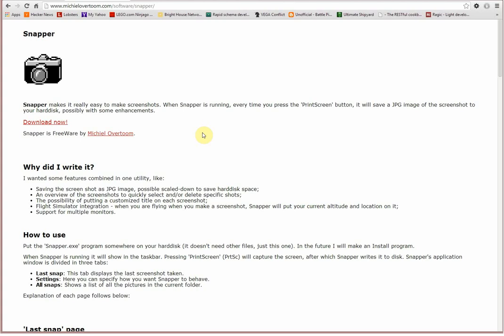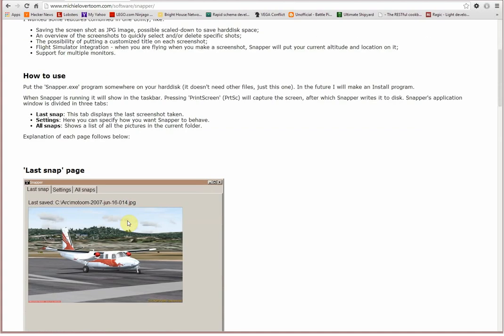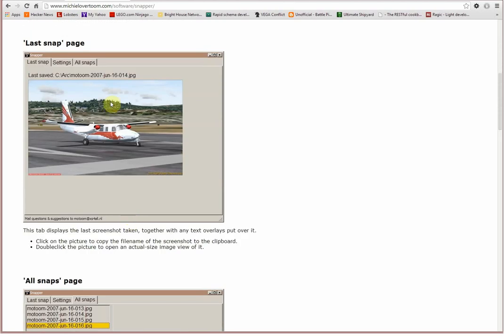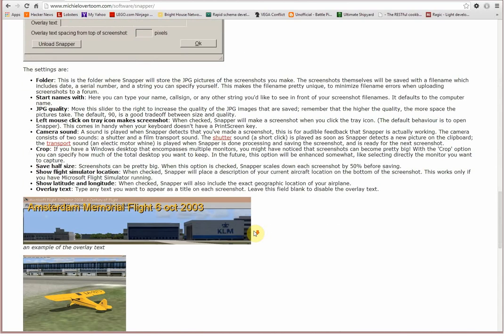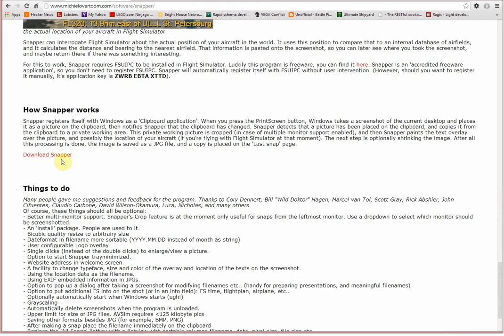So here's something that you can do to make your life a lot easier, and this is really easy to do. So I'm going to Snapper. I just tried this today on a different computer, and it seems to work really well. So we're gonna try to load it here, see what we can do. So this guy did it for this video game. It's a flight simulator, and what we want to do is find the download button. Download. It's a pretty small app,